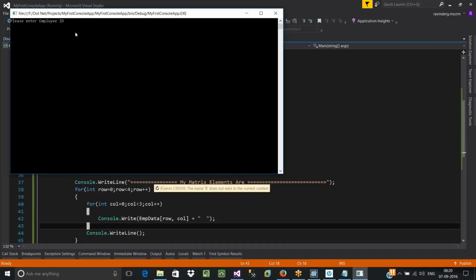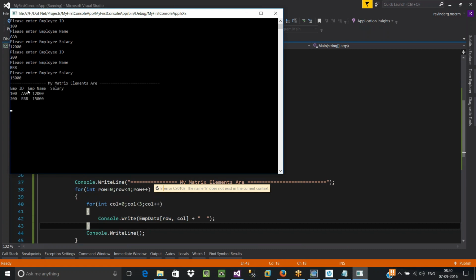Please enter employee ID. Let's say 100. Employee name, some AA. Salary, 12,000. Next, second row. Please enter employee ID. Some 200. Employee name, BBB. Salary, 15,000.